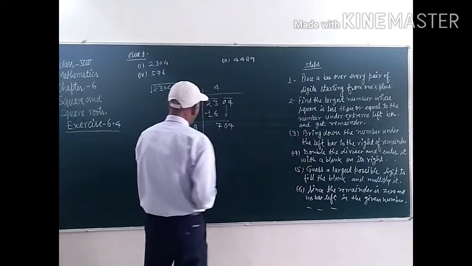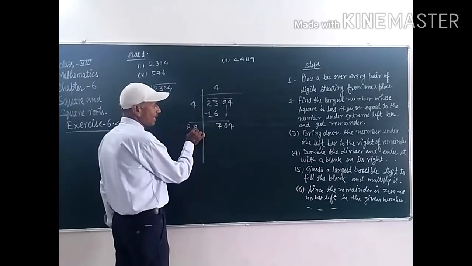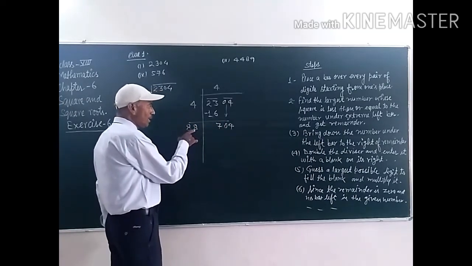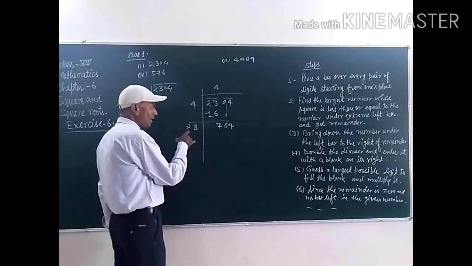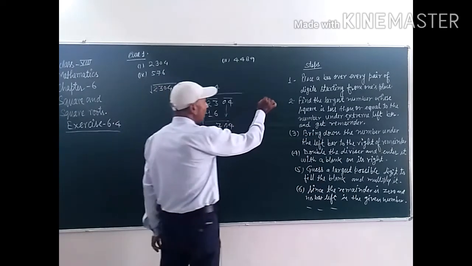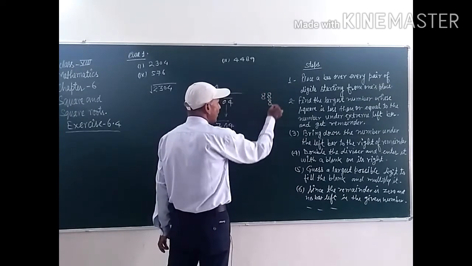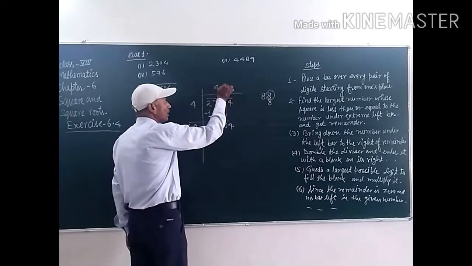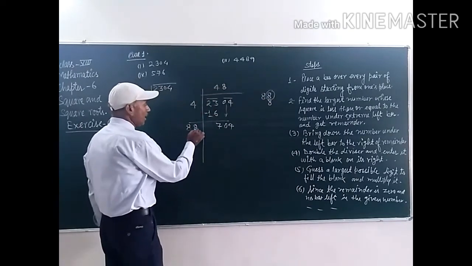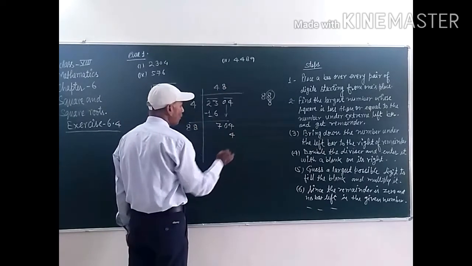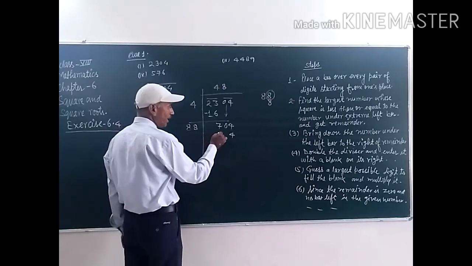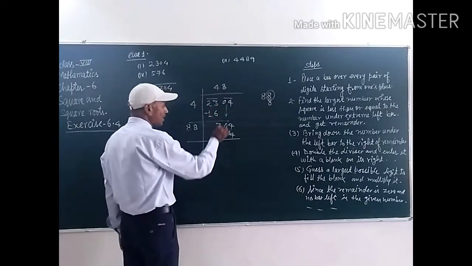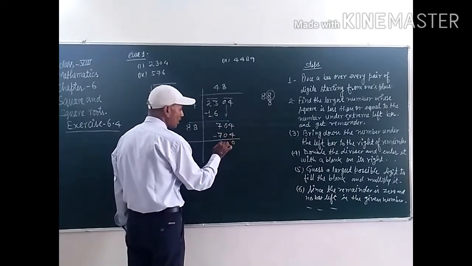Clear, students? So we have taken 8 here, students, because 8 eights are 64, and this number ends in 4. So this one is 8 and 8, this is 88, and we have to multiply this 88 by 8. Whichever number we have taken, we have to multiply with that particular number. So this is 8, students, and 8 eights are 64, and the remainder is 70, and after subtracting this, we get 0.